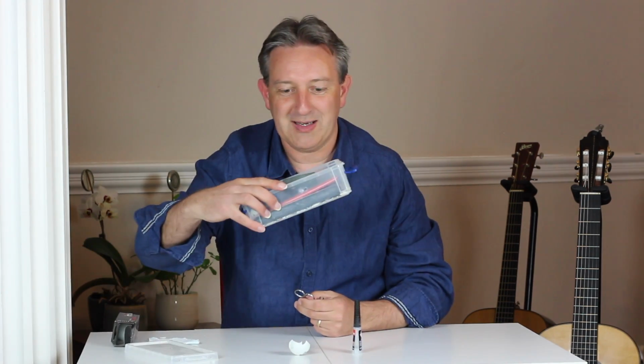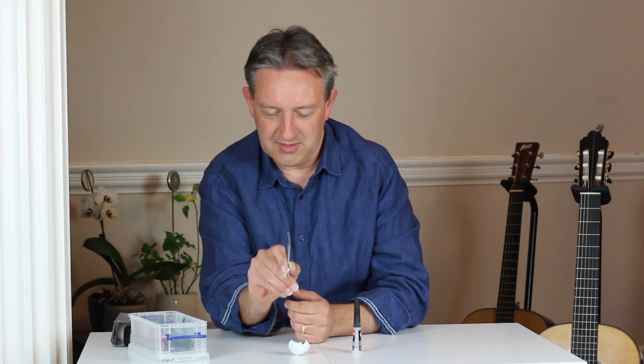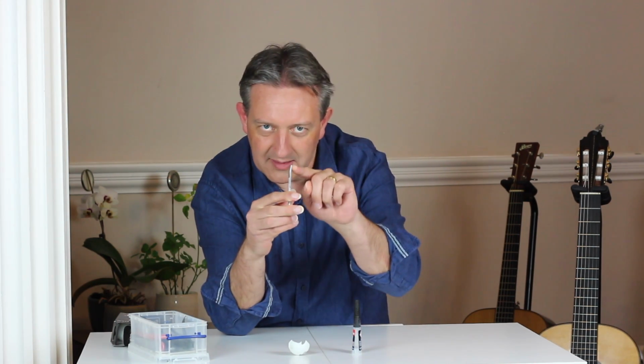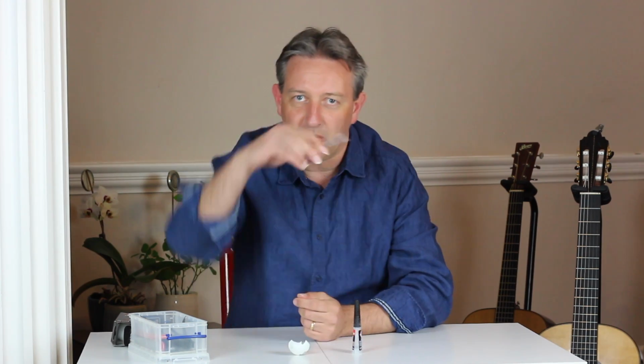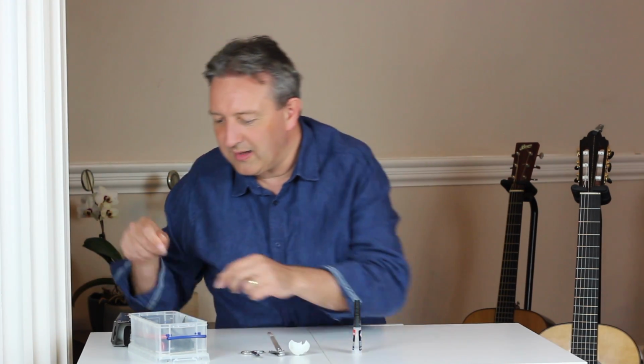This is my touring nail box. Cuticle scissors are really good. They've got a little curve on the ends, and so that helps when you're cutting the shape of the nail. You need some clippers and